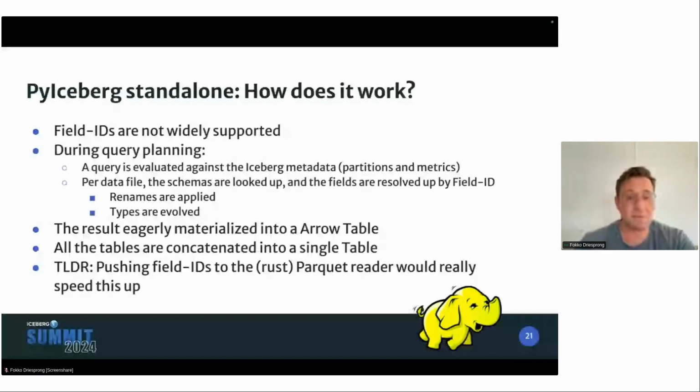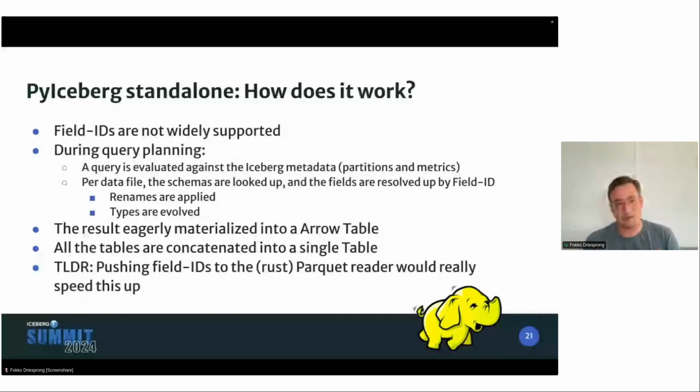the field IDs. So what we actually would like to see is that we can say from this Parquet file, we want to read these fields based on field ID into these types. So for example, when you change the order of a field, some systems are even positional based, or if you rename a field, then this all doesn't matter and you still get a consistent result.